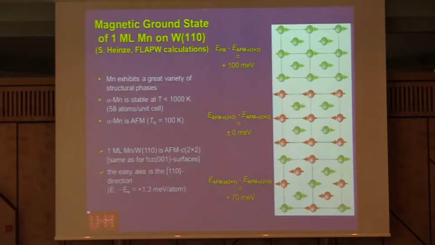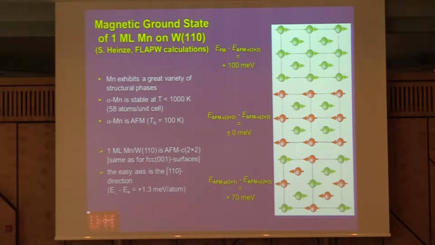Actually, it was shown at that time, based on ab initio calculations taking into account spin-orbit coupling already at that time, that one would expect this c(2x2) antiferromagnetic structure with an in-plane magnetic anisotropy for this single atomic layer of manganese on tungsten(110). This is energetically preferred compared to a ferromagnetic state or to the p(2x1) antiferromagnetic structure. However, this was not the end of the story for this particular system of a single monolayer of manganese